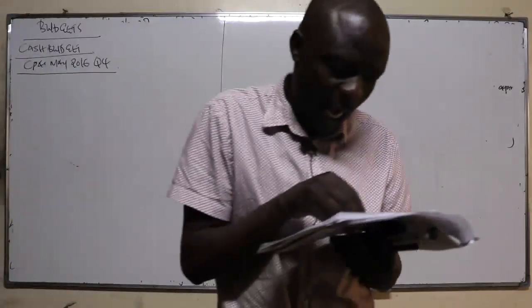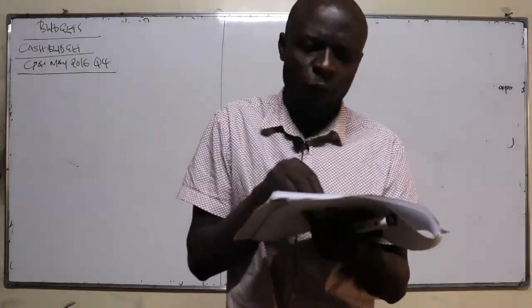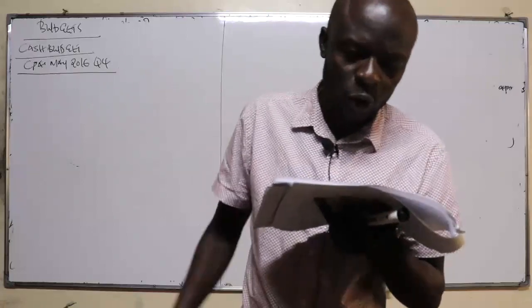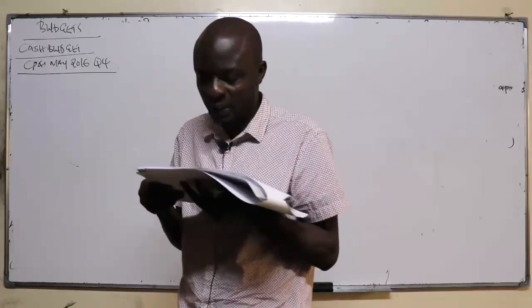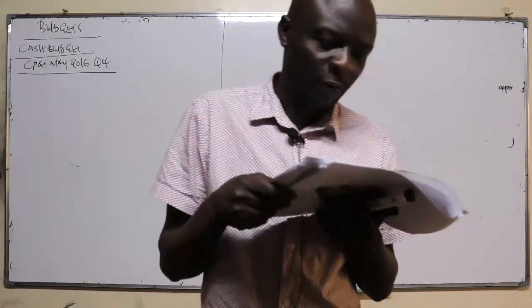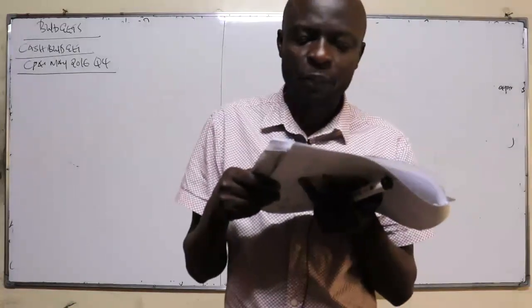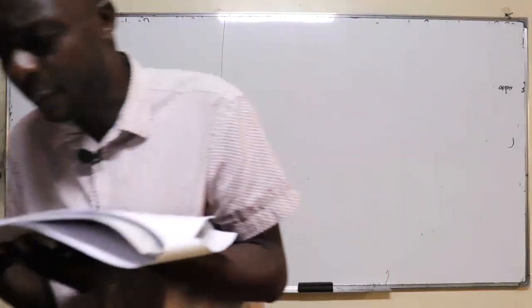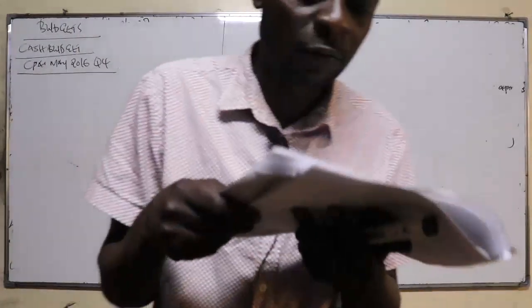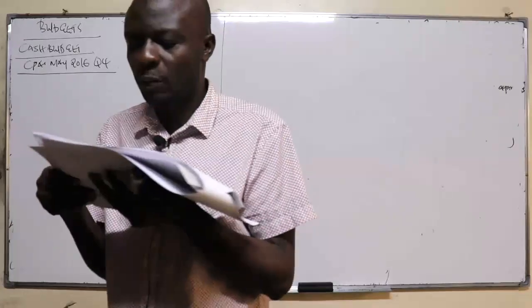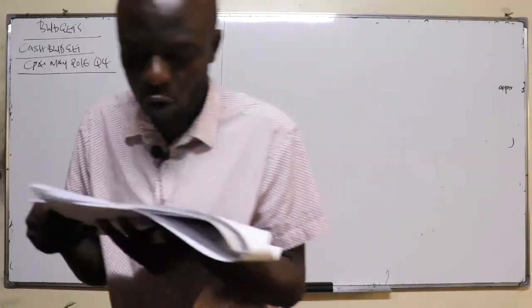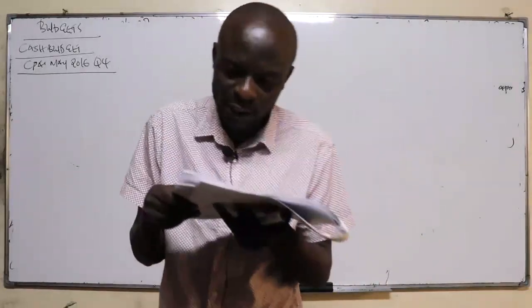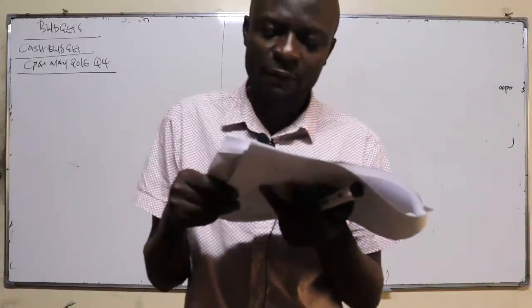Number 1, administration expenses include depreciation of 1.8 million each month. Number 2, 20% of sales are on cash basis. Number 3, credit sales are collected over a 3 month period, with 20% collected in the month of sale, 65% in the month following the month of sale, and 15% in the second month following sale. Number 4, sales for the months of March 2016 and April 2016 totaled 27 million and 33 million respectively.